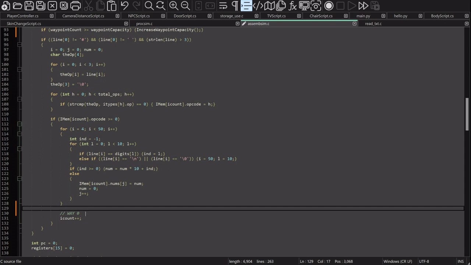So right here, if string compare the op and then way is equals to 0,